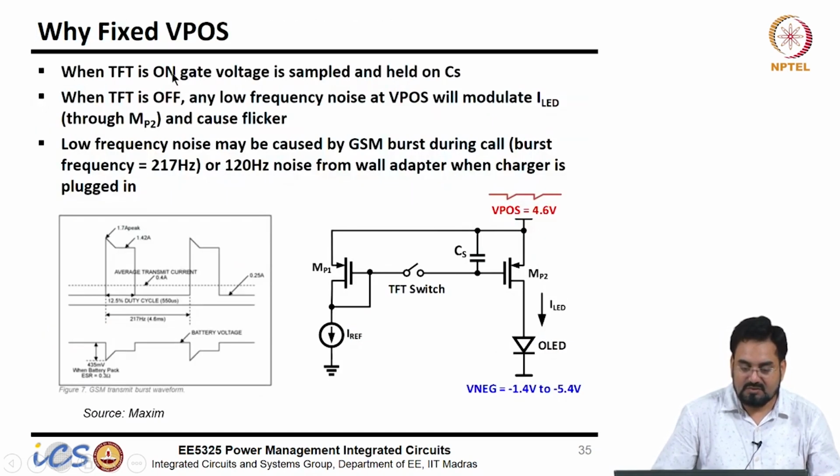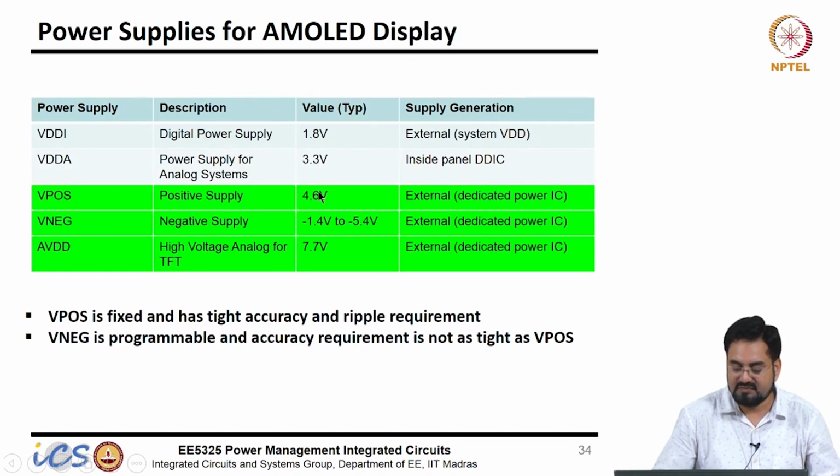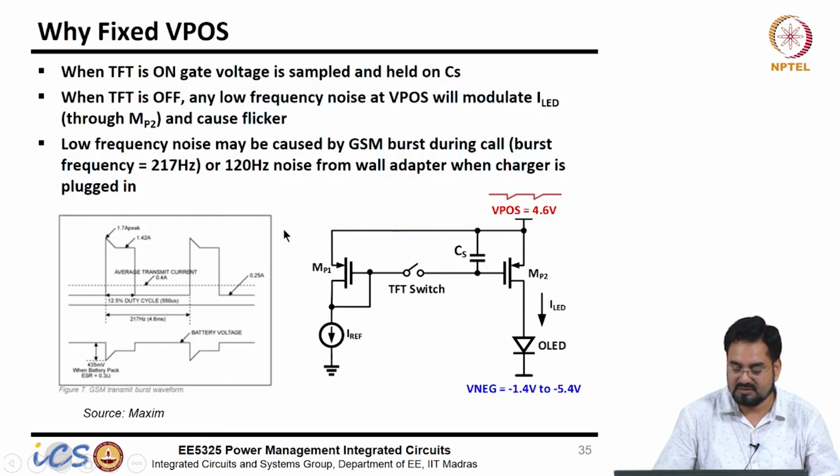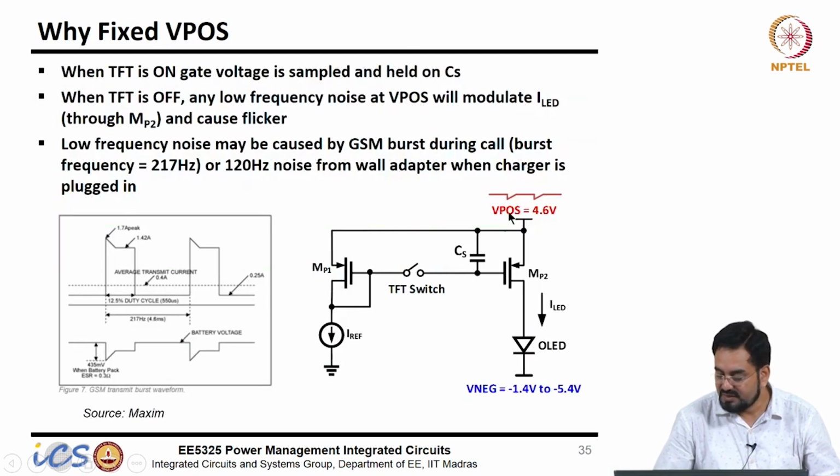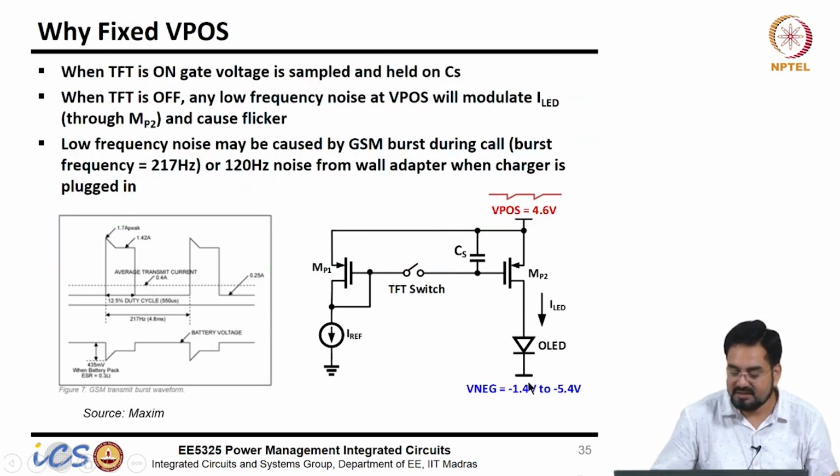So why do we require a fixed 4.6 volt, while this one is varying? Let's look into this. We know this is an LED, and an LED requires constant current. So let's say this is your current source, and you are mirroring this current to your LED. Now you turn on this switch, and this voltage will be sampled by this capacitor,